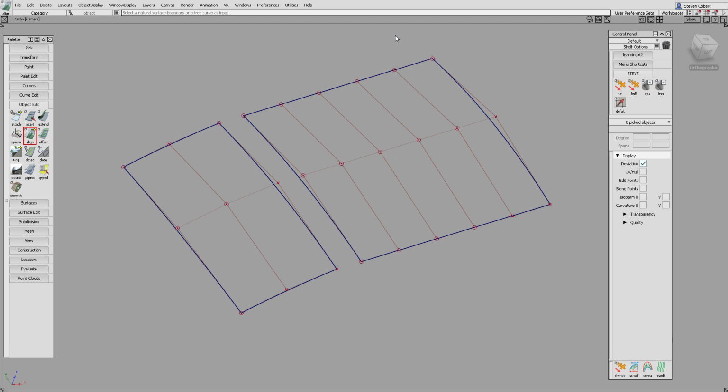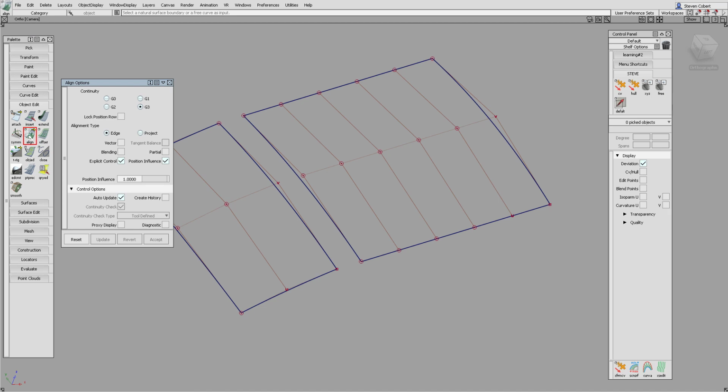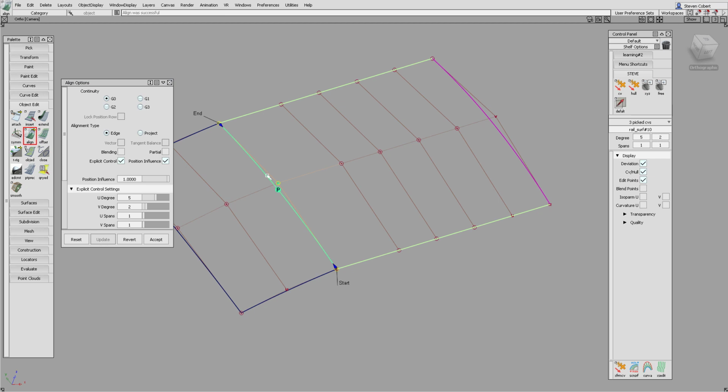Most of the heavy lifting is done by the Align function, which we find under Object Edit. In this case, if we wanted position continuity between these two surfaces, we would set G0 in the menu, and because we're trying to align edge to edge, we set the alignment type as edge. Now you can see that we've got position continuity here, and you can tell that because we've got a green